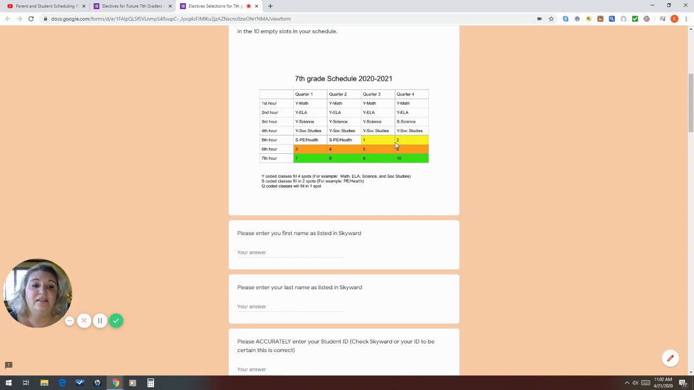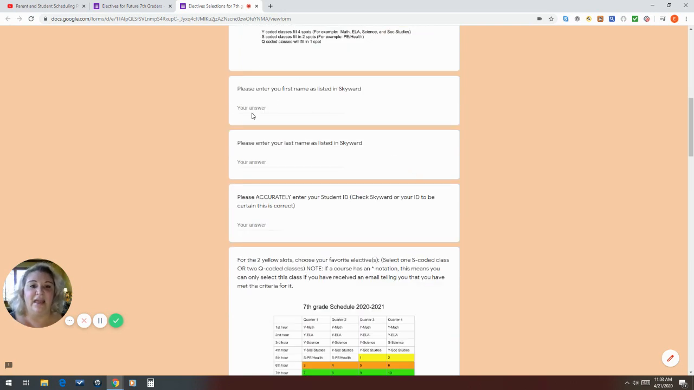The first elective you're going to pick goes in these yellow boxes, or electives. Okay, so you see you cannot pick a year-long class here. You have to pick either 2 quarter classes or 1 semester class. Then we're going to go to the orange and pick, and then we're going to go to the green and pick. But before we do any of that, you are going to enter your first name, only your first name,